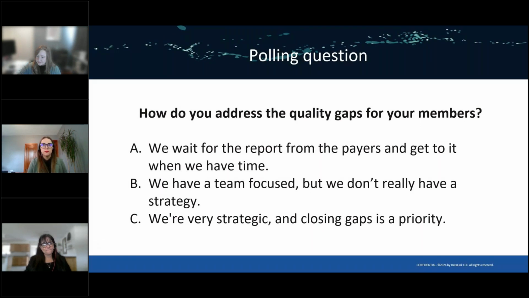And again, this is, as I keep saying, anonymous, so it's just so you can see where you stack among your colleagues, and we'll show you the results here soon. All right, and this would be kind of a choose one only, as opposed to all that apply.